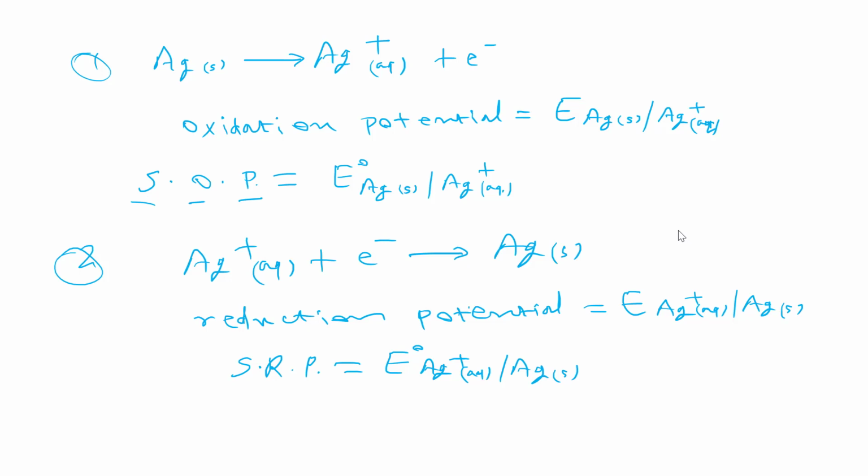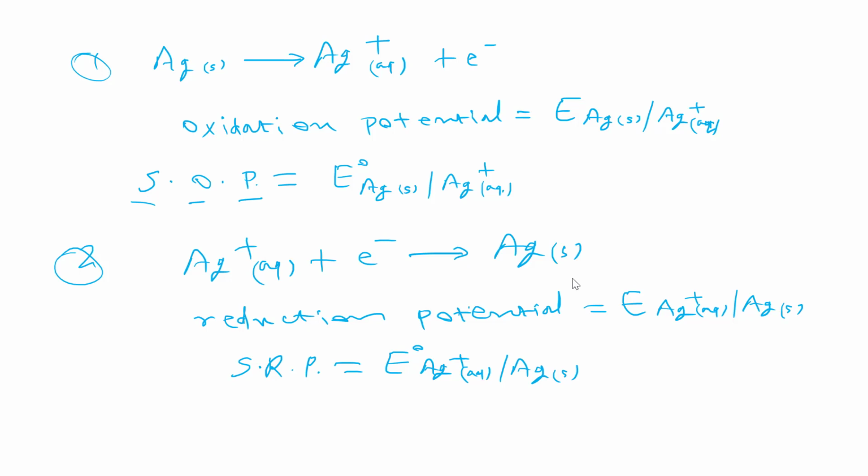So whenever you are given such a symbol and some value is written, you have to identify what kind of electrode potential is given. If just E is written and a value is given, that is the electrode potential, and if it is not mentioned, then we have to take it as reduction potential. It is fixed by IUPAC. If it is mentioned as reduction or oxidation, then there is no problem. So these are the symbols.